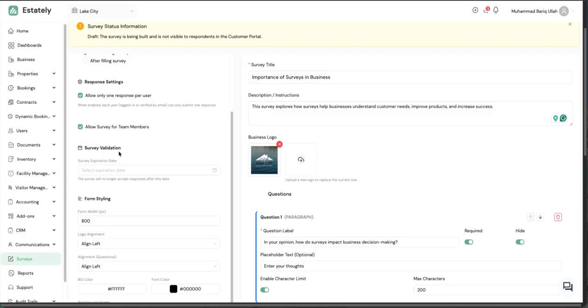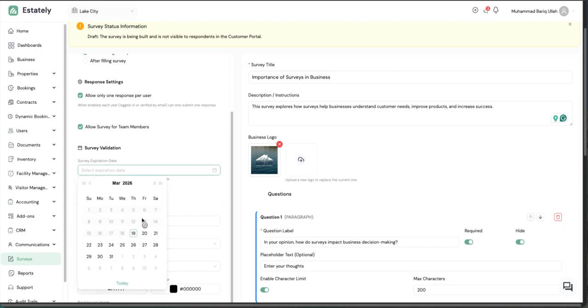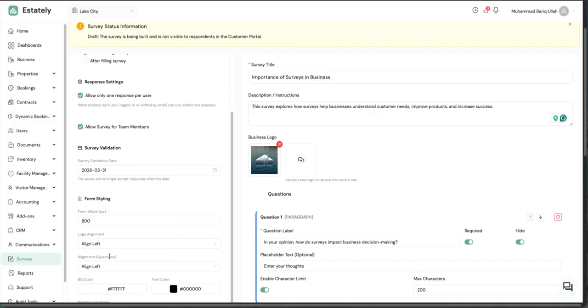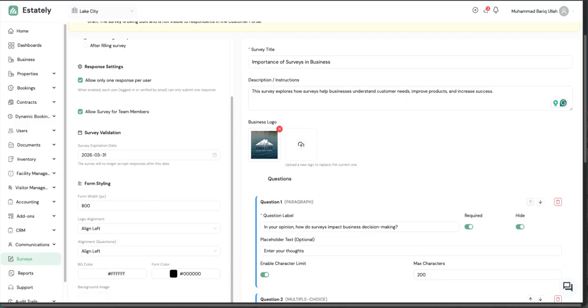And then we have the survey validation field, set the expiry date of the survey. The survey will automatically close after this date. So I am setting it to 31st March, and then we can adjust the styling of the survey form. We can adjust the survey width, for now it's 600,